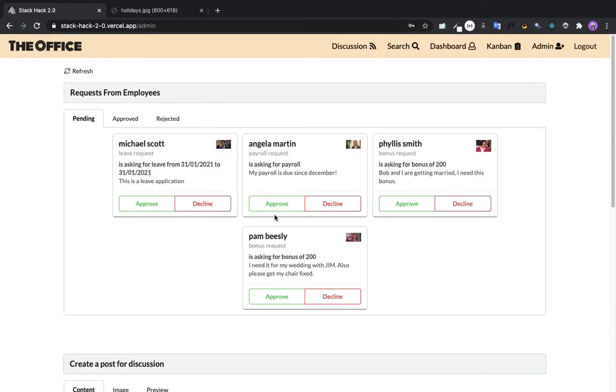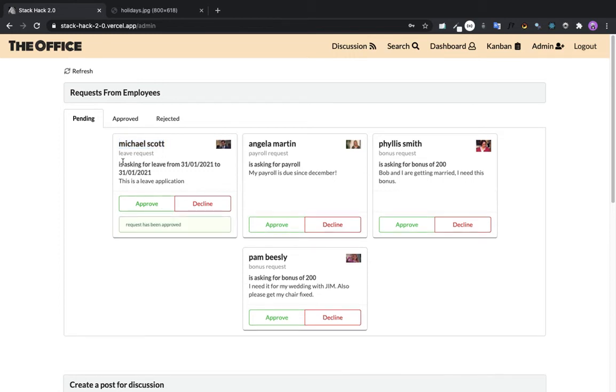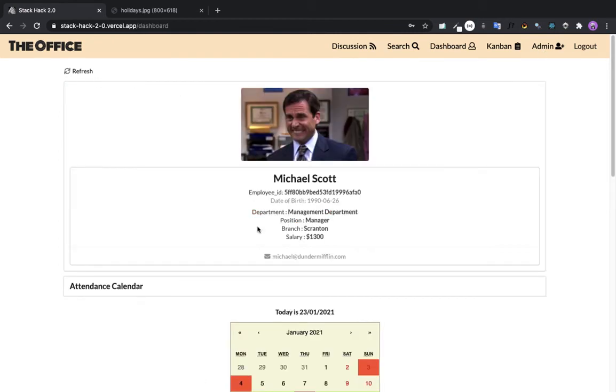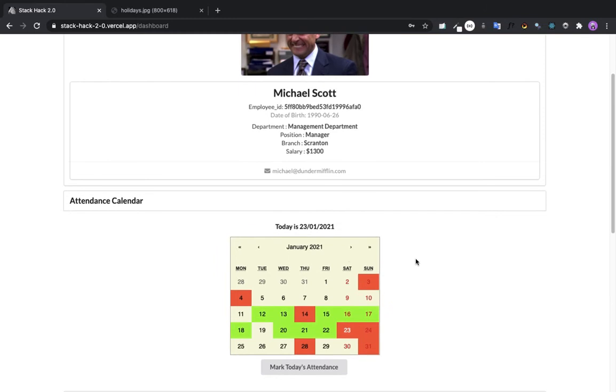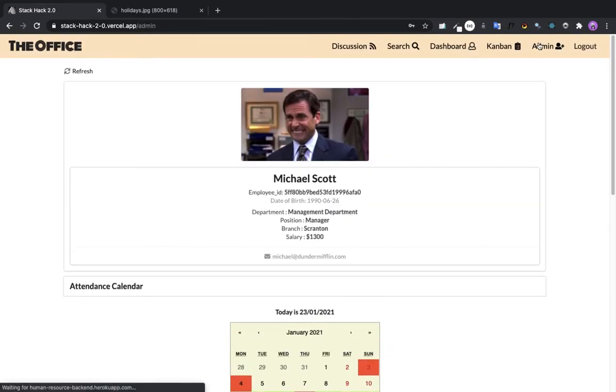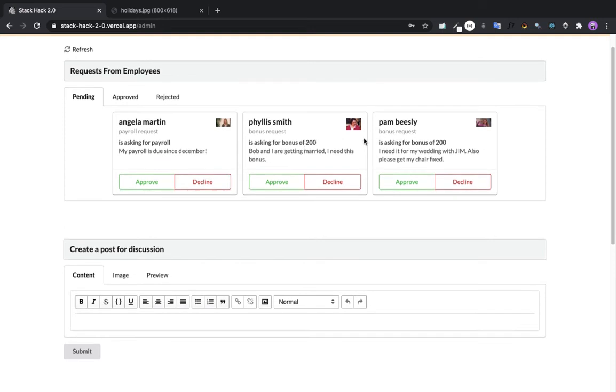For the admin, there is an additional functionality which you can see here. The admin is able to resolve all the requests from the employees. Whatever request is made by the employees comes to this panel. Here, Michael actually himself is an admin. So you can see here that the request is being shown, and these are sorted based on the time they were created. If I just approve this request, it should give Michael a leave on 31st. So it should log his attendance calendar as leave on 31st, as you can see here. That's how the request manipulates the data of a user.